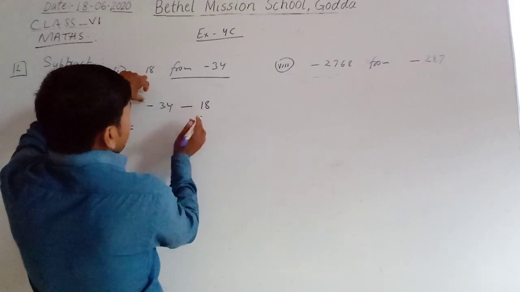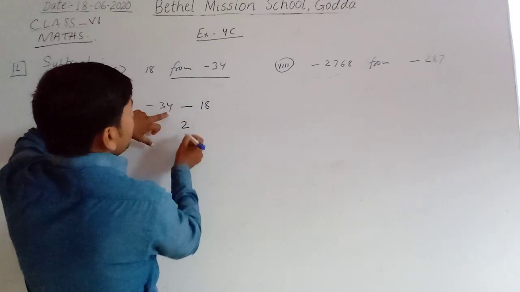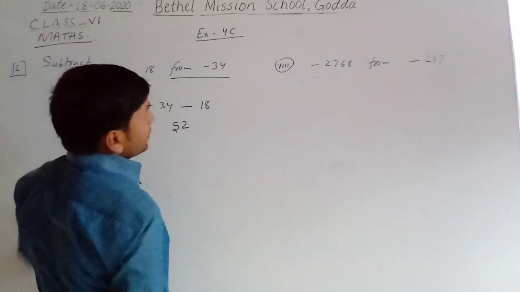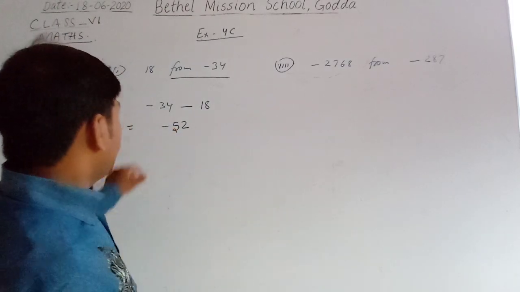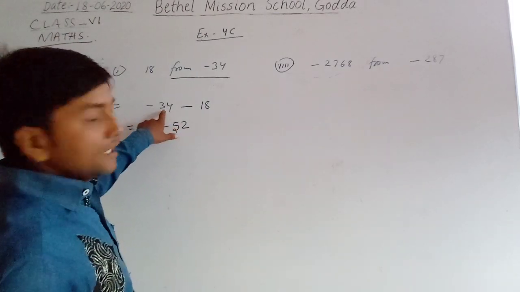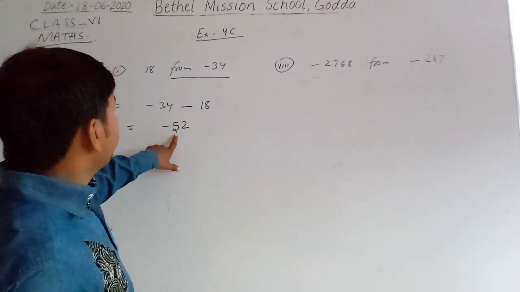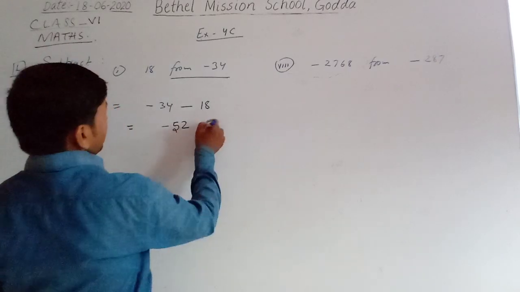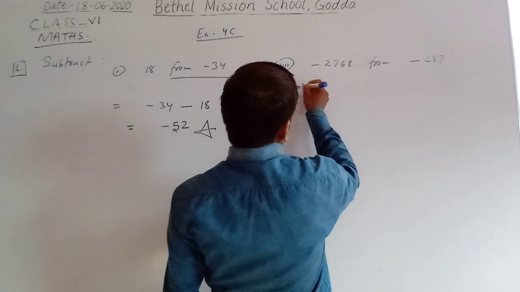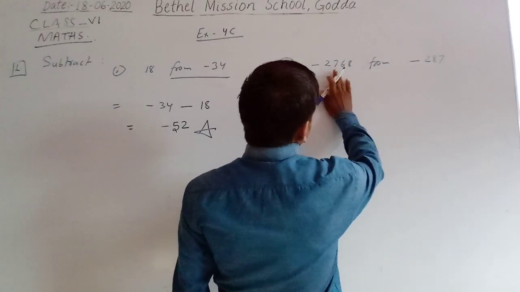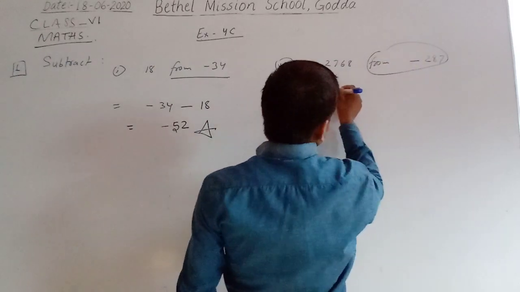Okay, both will be added: 8 plus 4 is 12, 3 plus 1 is 4, and 1 plus 5 is 52, and the symbol will be negative, because this is a negative number, minus 34, this is also a negative number, both will be added. Okay, and the answer will be negative. And also here in the solution, subtract this number from this. With "from" first we will write that